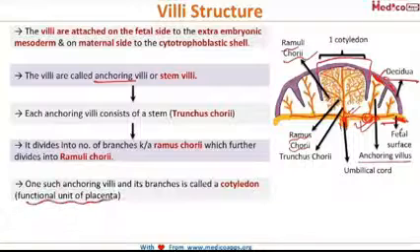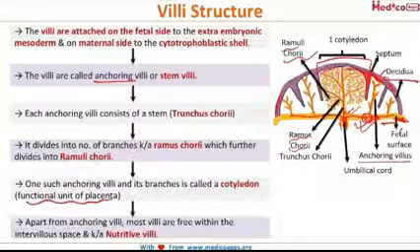And apart from the anchoring villi, most villi are free within the intervillous space and they are called nutritive villi. And there was a question recently asked, what is a cotyledon? And the answer to that question was the base